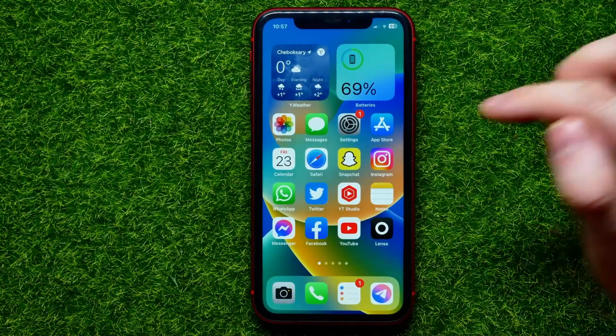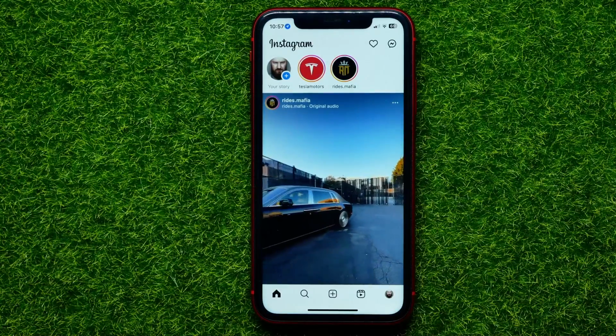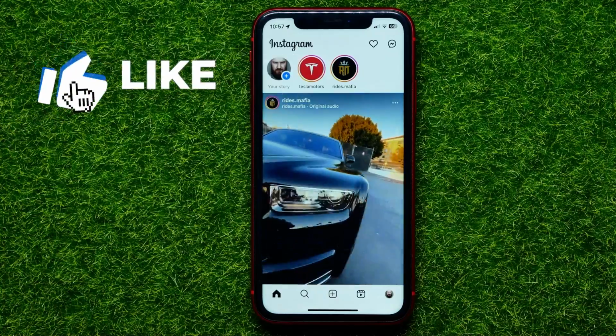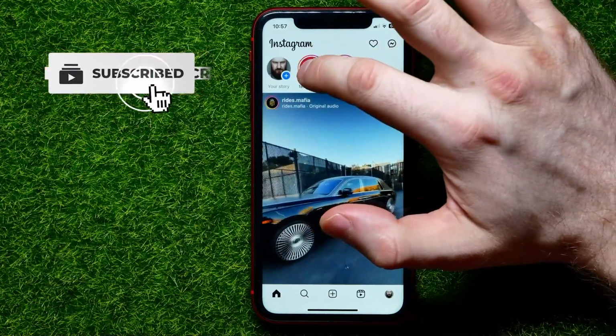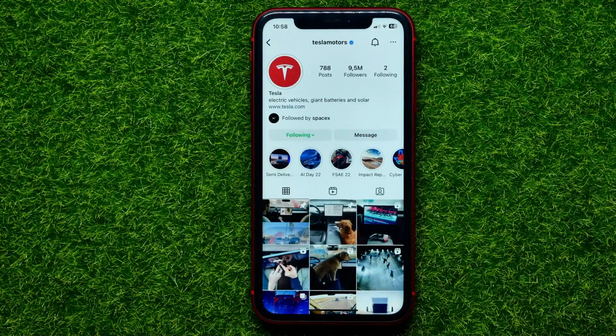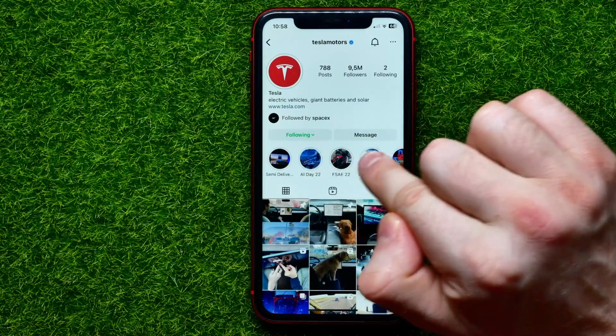So let's begin, and first open up the Instagram app. Then first off, you have to open up someone's profile where you want to search for old stories. I'm just gonna open up Tesla Motors' profile, and once you've opened a profile, just right here under the following and